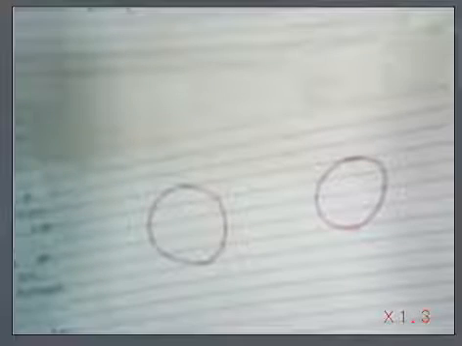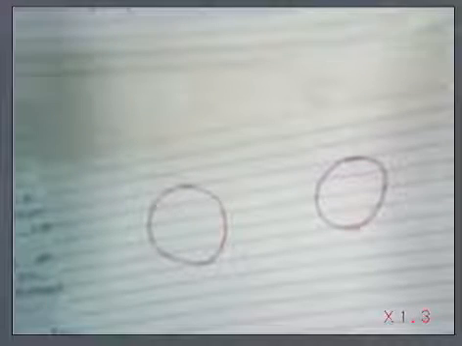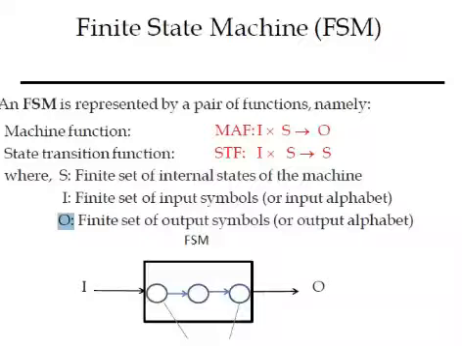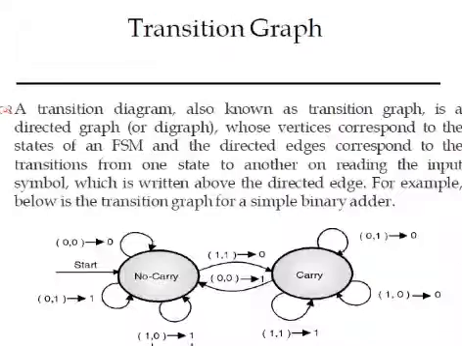So the transition graph, very first what you have to do? Since we have two states, I am making here two states. You can make smaller states in your copy, but for making you understand. So which are the two states? In the figure also, what is the initial state? Is it a carry state or no carry state? That is very important because you have to decide which state.